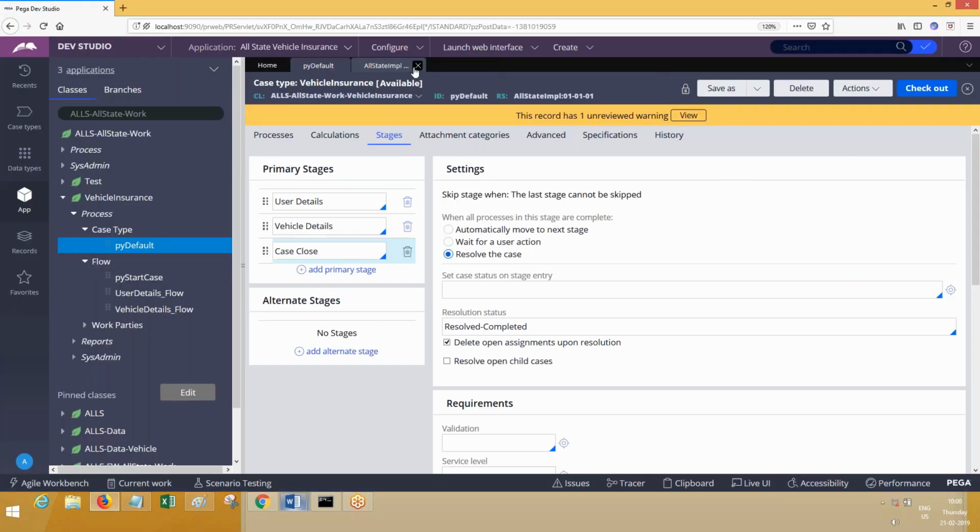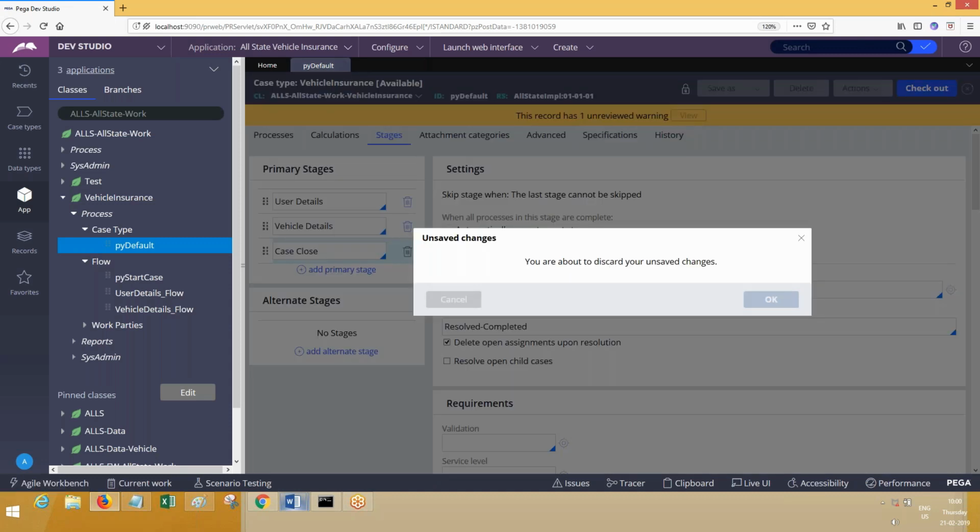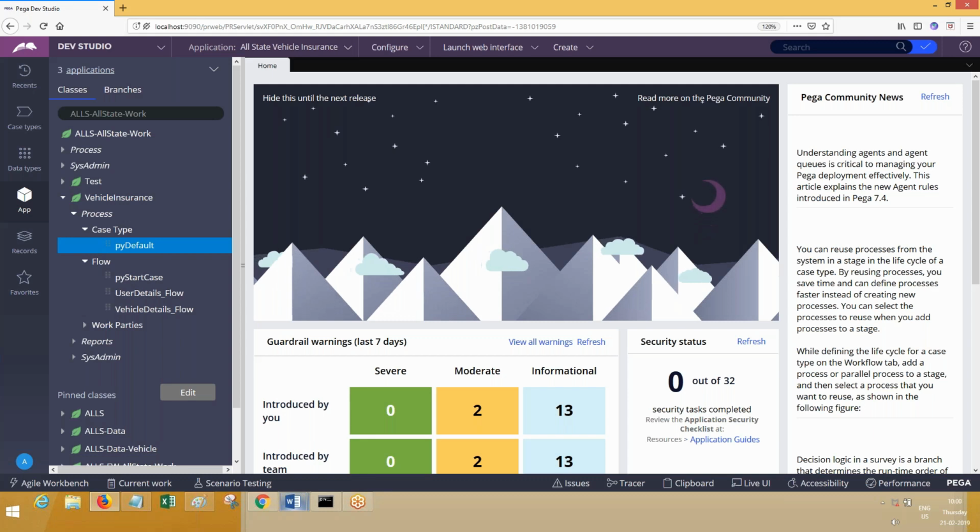Case to process: when we mention a case completed, we should not check that completed, then we can add another shift and it will be executed. Yeah, if you are not resolving the case, it will further execute. If you are resolving, it will stop there itself. Now we'll understand more about this resolution and all, like the status of the work object.